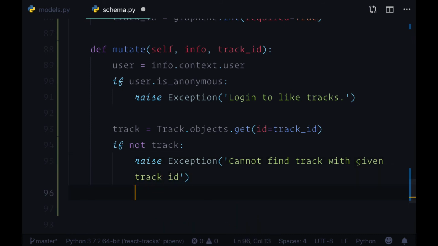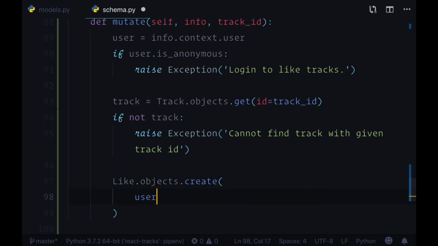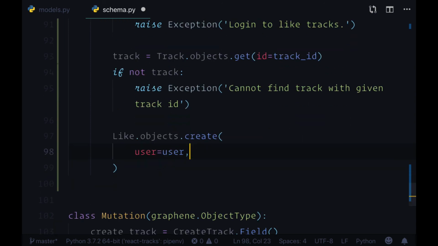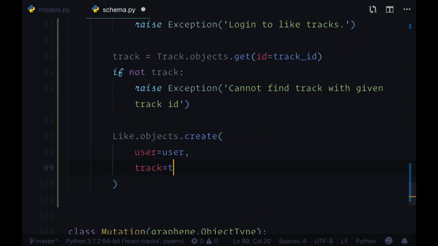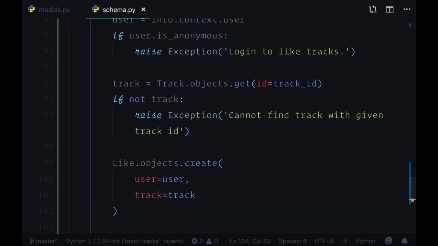Then we're going to take the Like class that we brought in from models.py, and we'll say Like.objects.create, and we need to provide to it both the user as well as the found track. And finally, we'll return our two fields on CreateLike, user and track. Now we'll save schema.py,